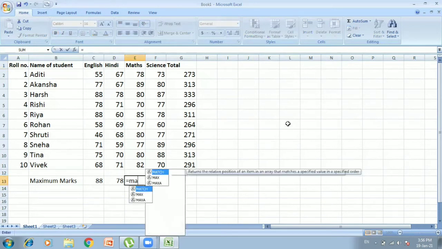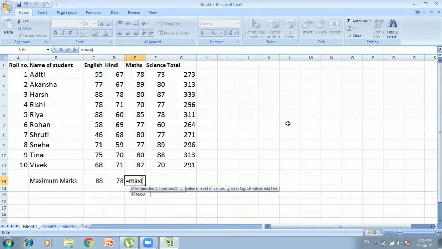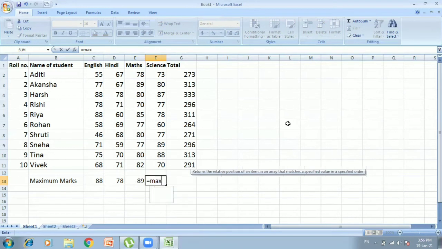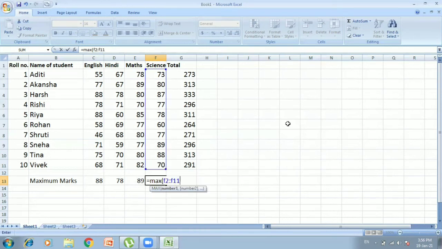Is equals to max, E2 semicolon E11. Bracket close, enter. 89 is the maximum mark. For science, F2 semicolon F11. So here you can see 89 is the maximum mark.